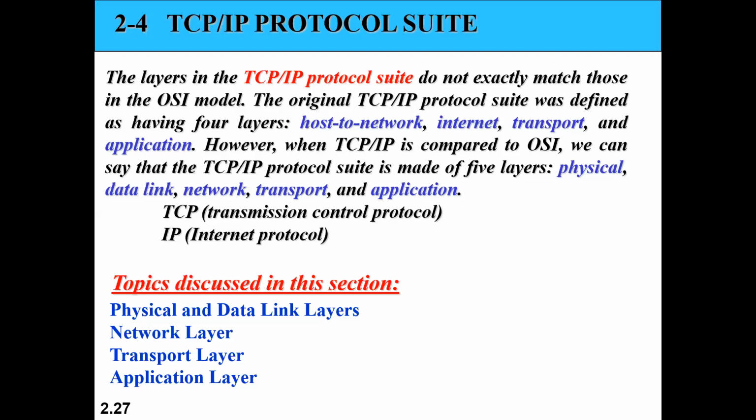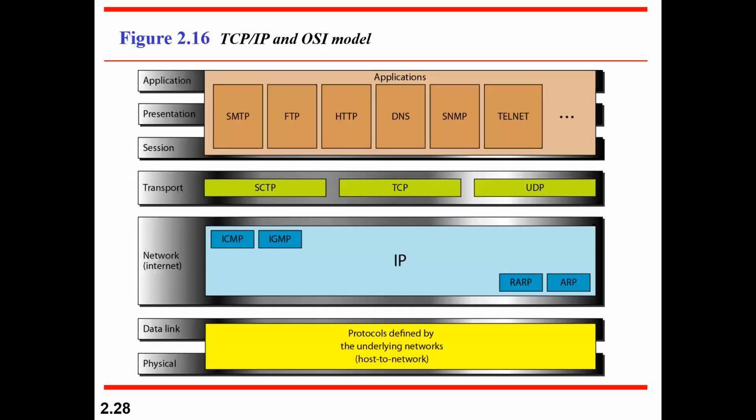How many layers do we have? In this TCP/IP model, we have 5 layers, that is what they are saying. But the physical and data link layers have been merged and called one layer. Above that, the network layer will be there. Above that, the transport layer. Above that, the application layer. So 3 layers have been combined: application, presentation, and session are combined into an application layer. So this is the 4 layers. What do you mean by TCP? Transmission Control Protocol. IP refers to Internet Protocol. So that's all with respect to it.